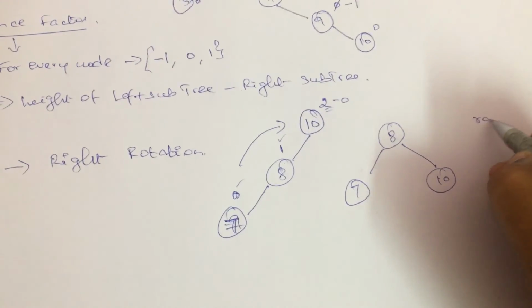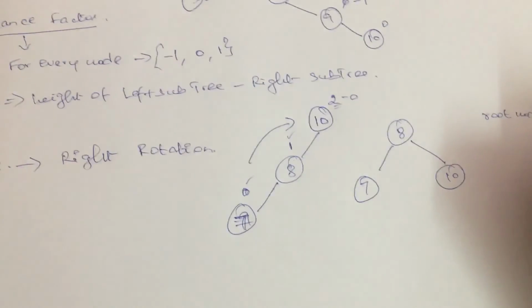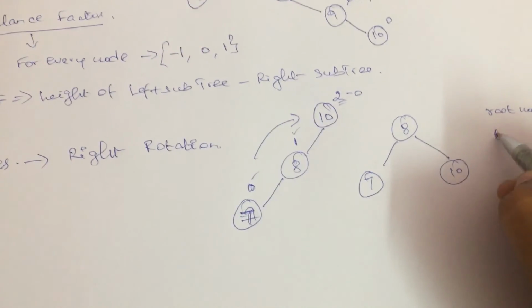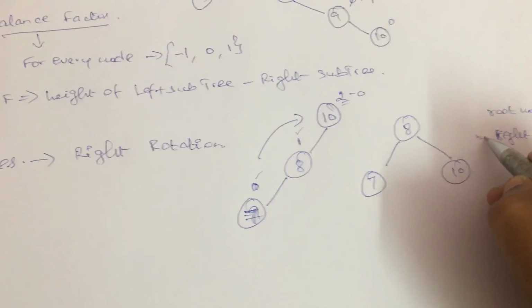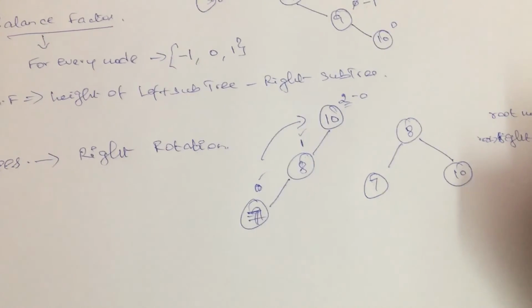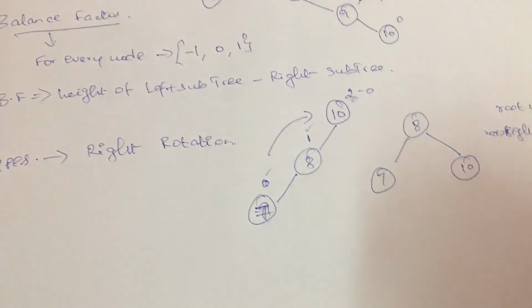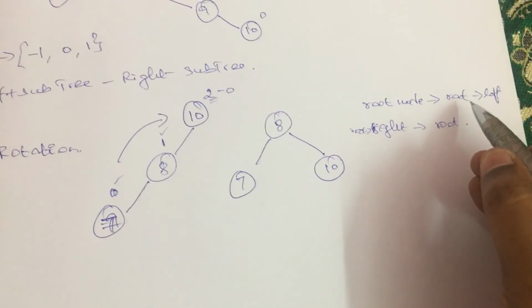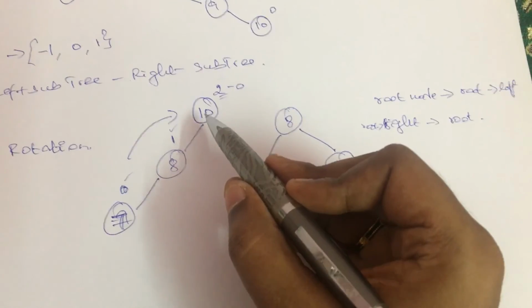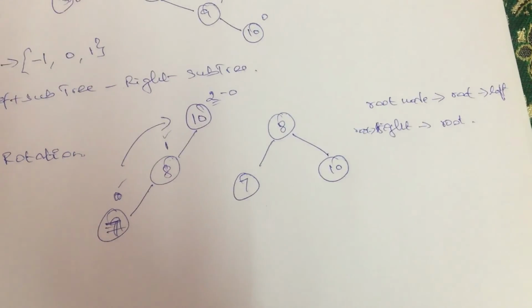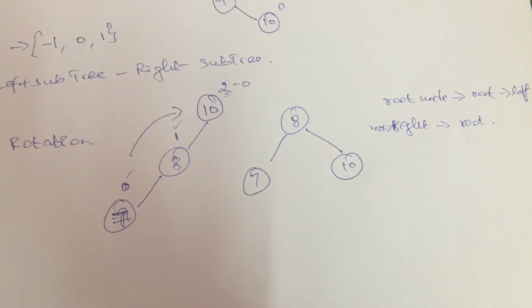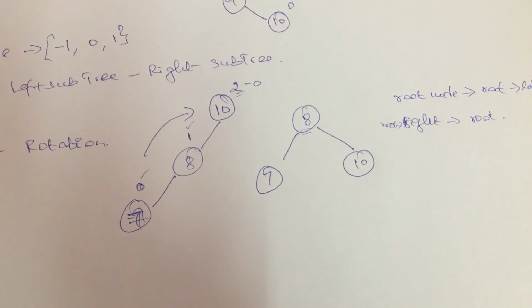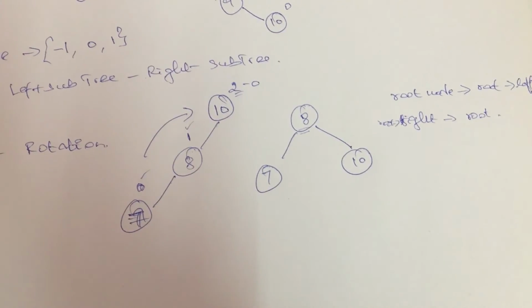So this is how we can convert this entire tree, and this rotation is considered to be a right rotation, where the root node becomes root of left, and the right node, that is root of right, will be modified as the main root node. Right? So this is how it actually works. So first, the root node actually modifies to root of left. Initially you have the number 10, so 10 of left is now modified as the root node, and next is about root of right. Okay, so now if I consider 8 to be the root, what should be the root of right? It should be the previous root, right? So that is how the rotation takes place.